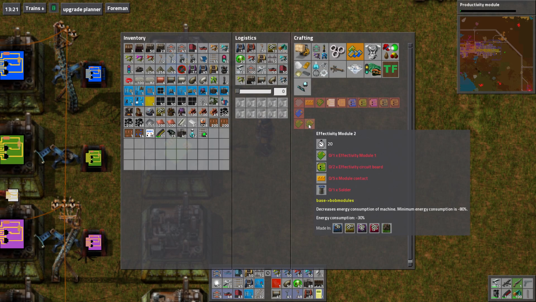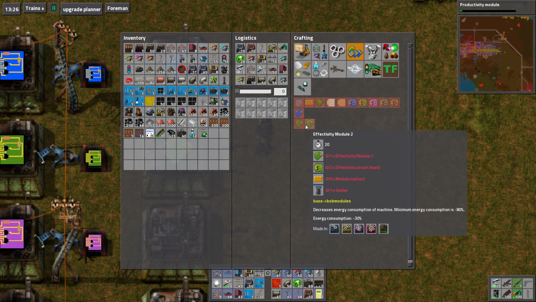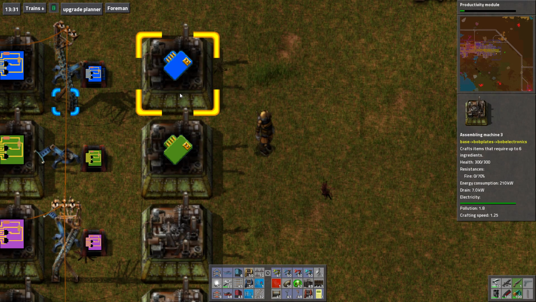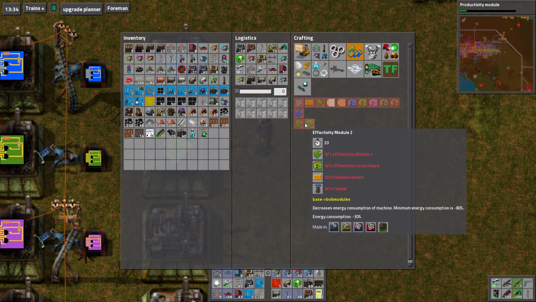Now let's think about this for a second. We have, okay, so Mark IIs require much of the same materials. Module contacts. So let's think here for a minute. If we only require... Hold on. If these things are consistent across the board, there's...